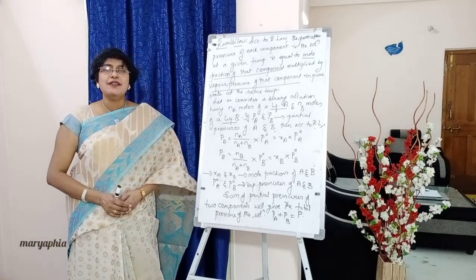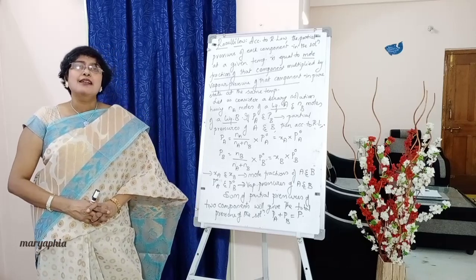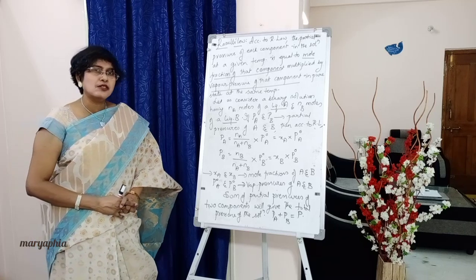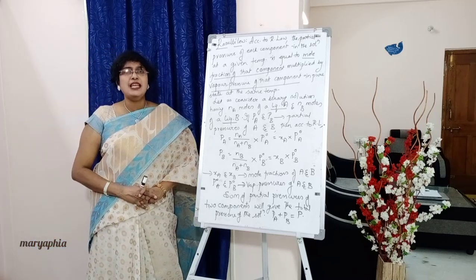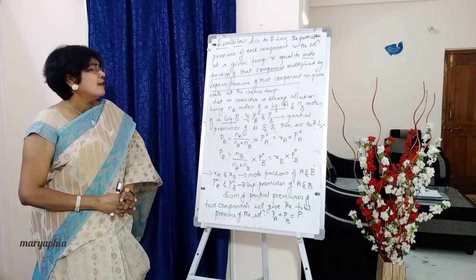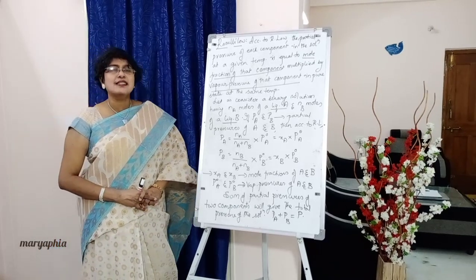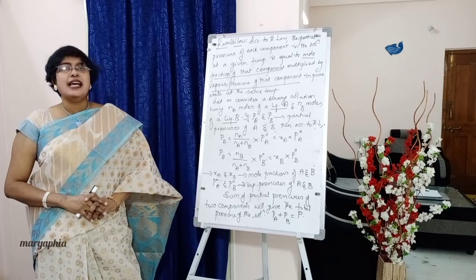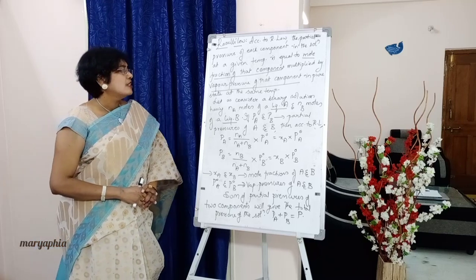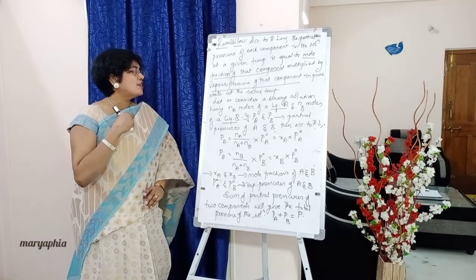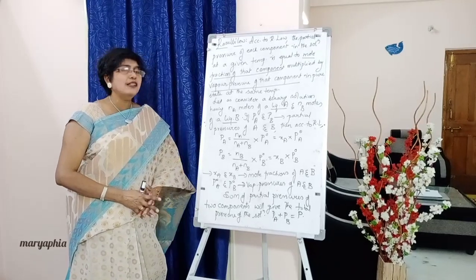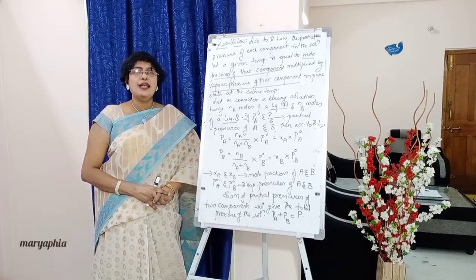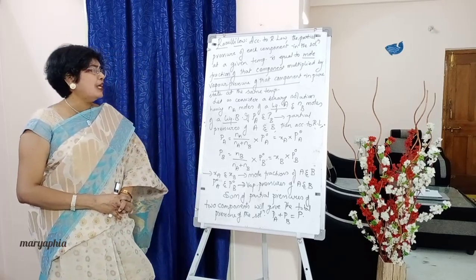Now, let us see what this is. Below I have given an example, students. We have taken a binary solution which has two liquid components A and B, with number of moles of A as Na and number of moles of B as Nb. Next, partial pressures of A and B are taken as Pa and Pb. Vapor pressures of A and B are taken as P0A and P0B. So let us consider a binary solution having Na moles of liquid A and Nb moles of liquid B.